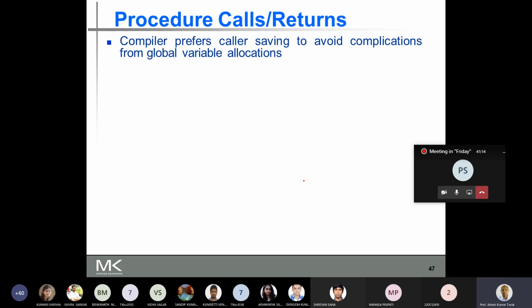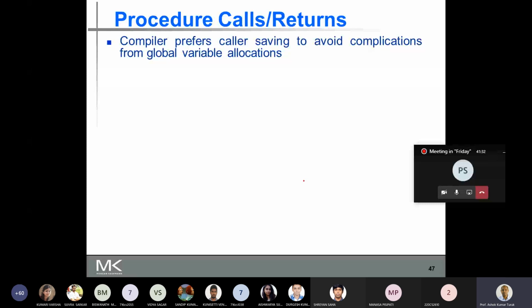Now there is a problem with both, but the compiler prefers caller saving to avoid complications from global variable allocation.